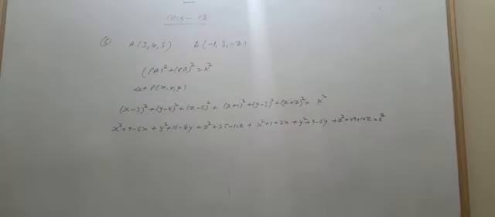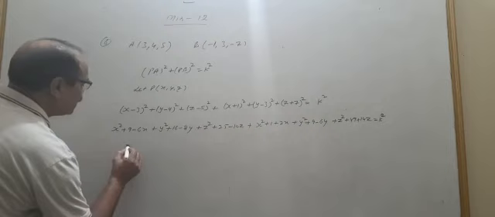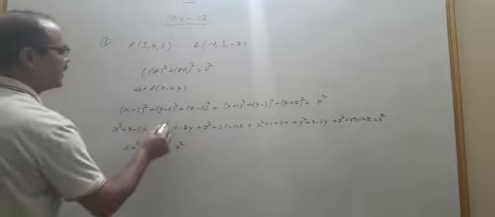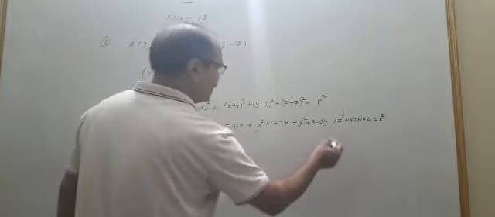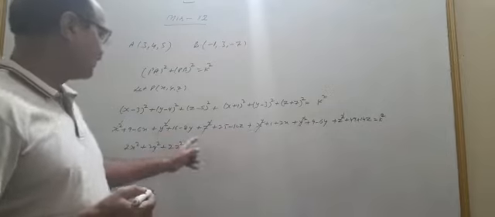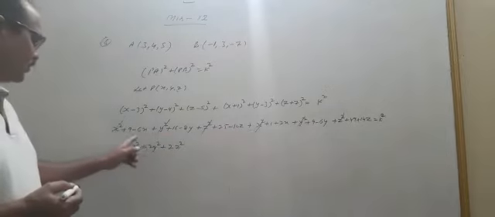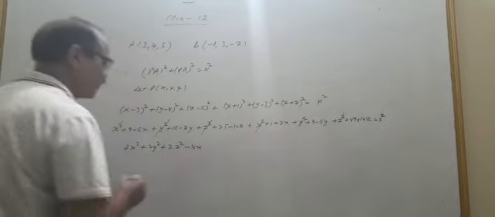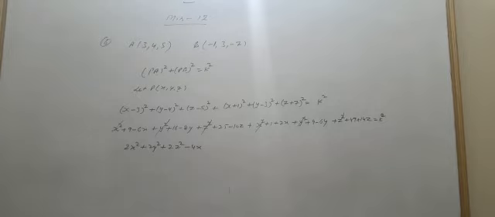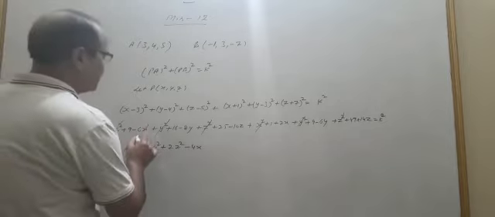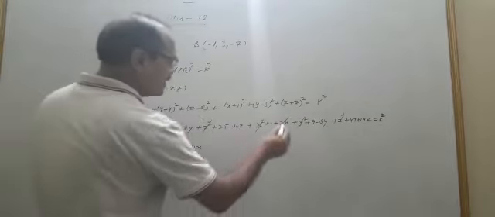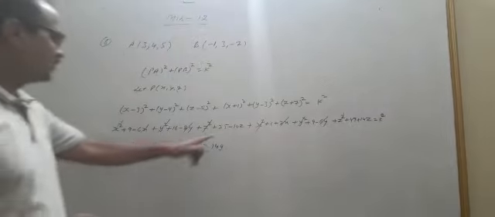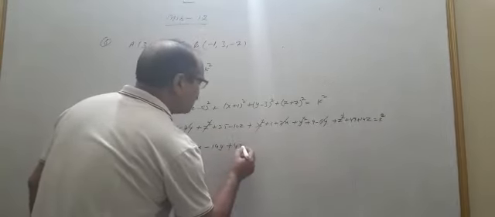You write it as, by adding x square, we have 2x square and 2y square and 2z square. Is it okay? I have collected these x square values. Total x square, y square, z square all are 2. Now come to collect the values of x, that is minus 6x and plus 2x, so this will give you minus 4x. In the same way you have to collect the values of y and z. What is y? I have collected x as well, after this y: minus 8y and this becomes minus 14y. These y are also collected. After this I move on to z. What is z? Minus 10 and this, so this becomes plus 4z.